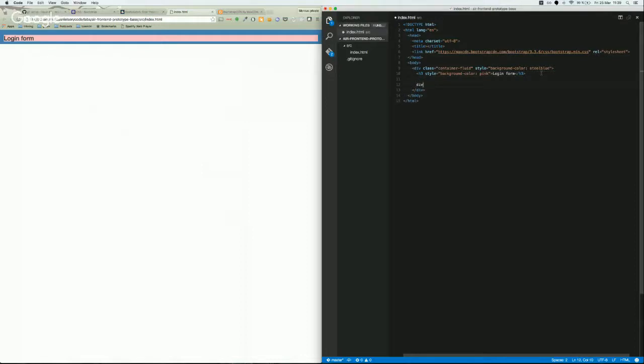So we'll do something called a row, and that's something specific to Bootstrap. And inside that, let's do XS12 to start with. Testing, and we'll